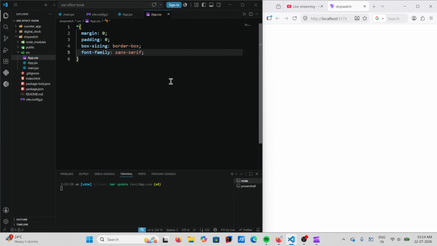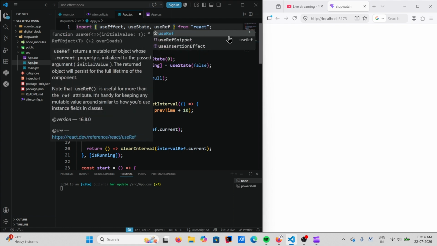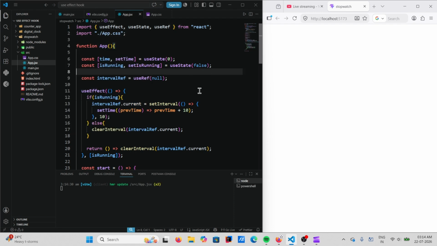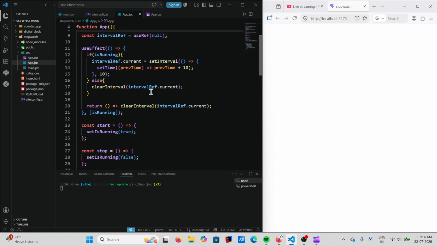And why is our front end not visible? Arial, sans serif. Background. Let's refresh and let's check. Oh, one hook is not available, that is useRef. Import useEffect, useRef, useState from React. App.css and app time set is running, useRef, useEffect is running,